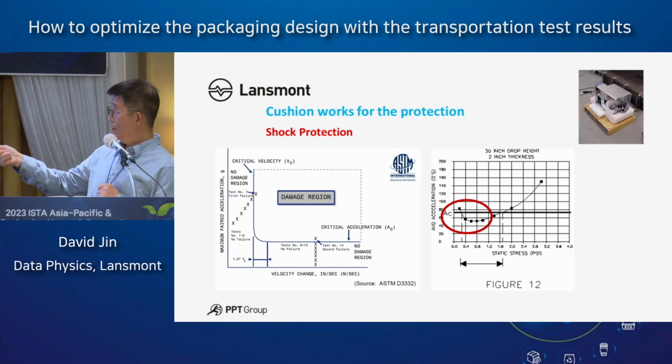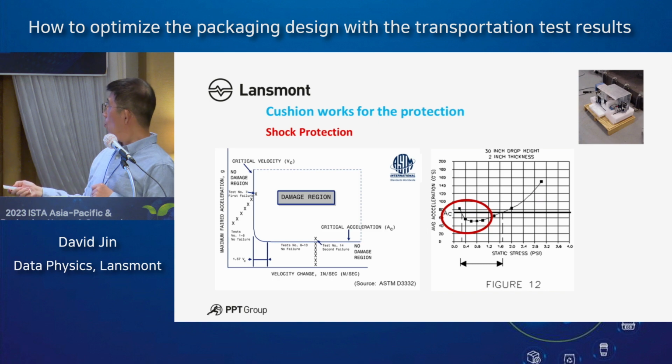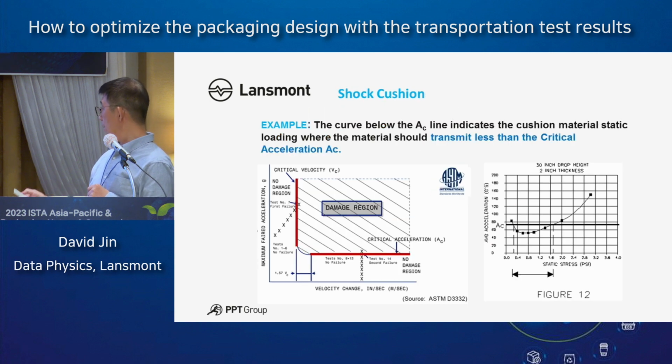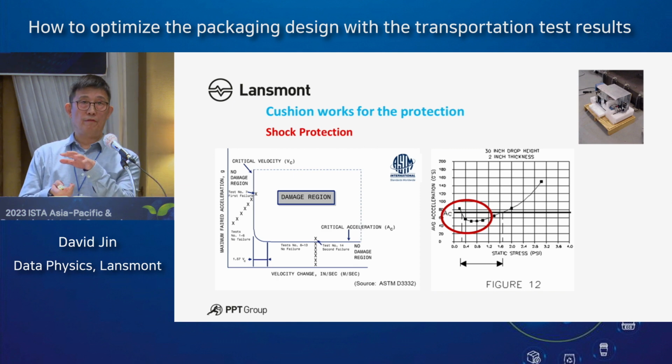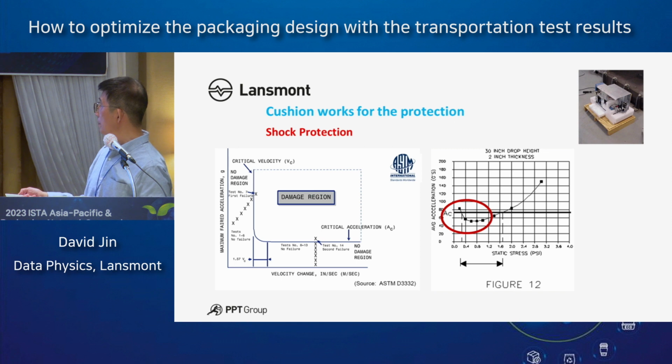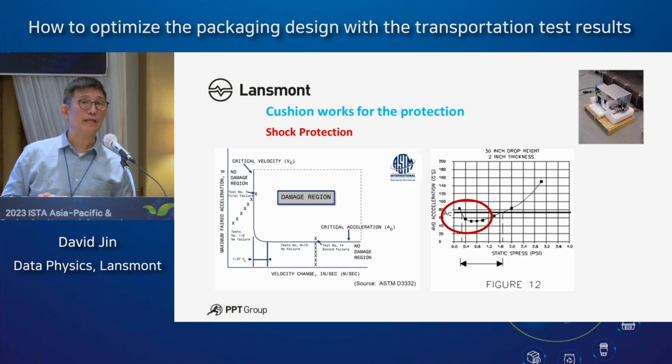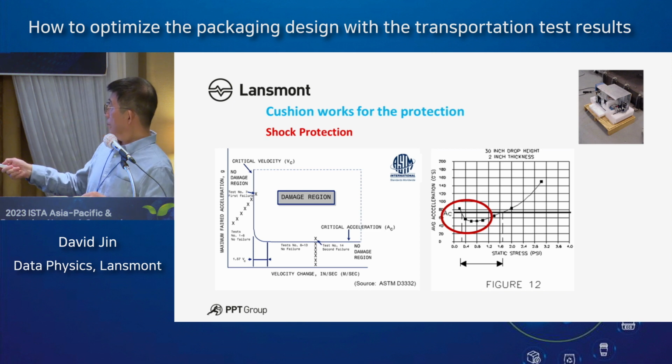We dropped this foam with different loads, sorry. The drops on the foam with different loads achieved these different points on the curve. But every drop is from 30-inch height. So if you take this foam,